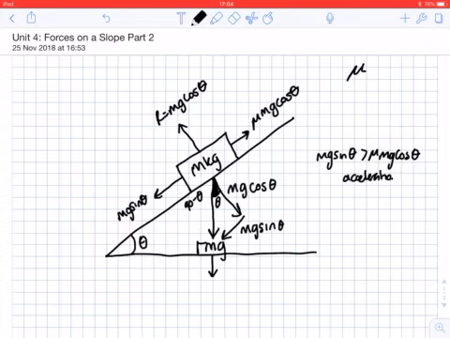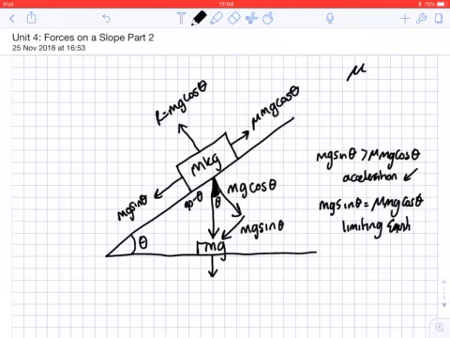Because obviously there's a change in force. If, however, mg sin theta is equal to mu mg cos theta, we'll have what we call limiting equilibrium, where it's on the verge of moving but not quite. And then the one that most people struggle with, mg sin theta less than mu mg cos theta, the block stays still. It's static, it doesn't move, because you have not